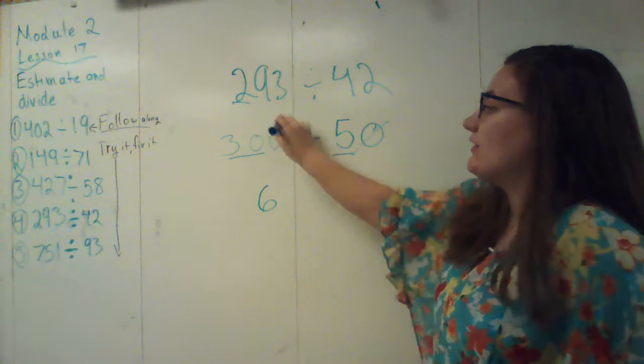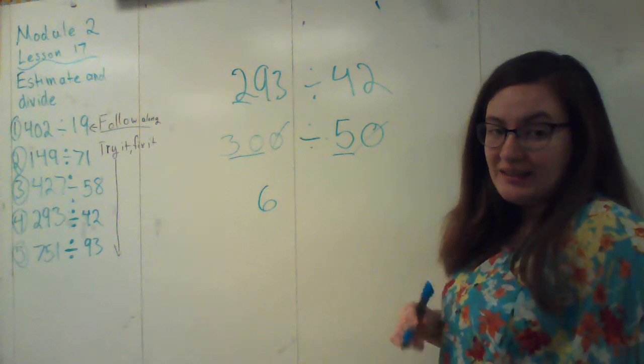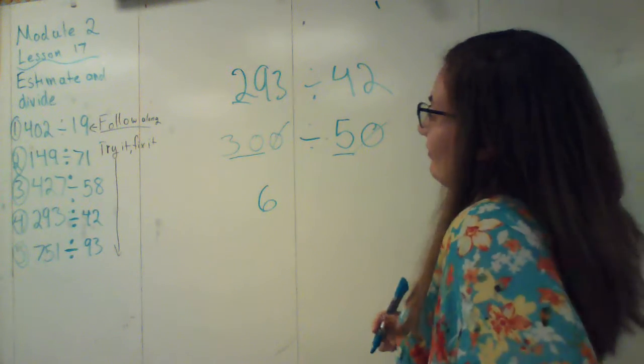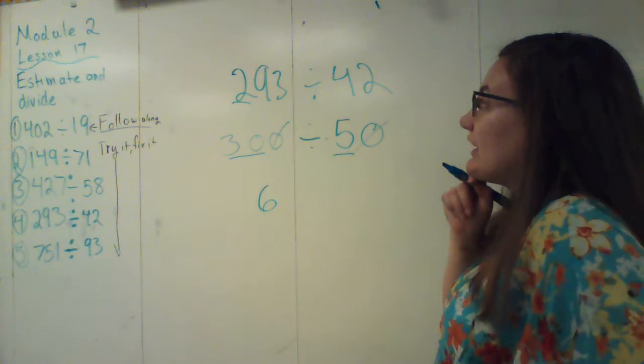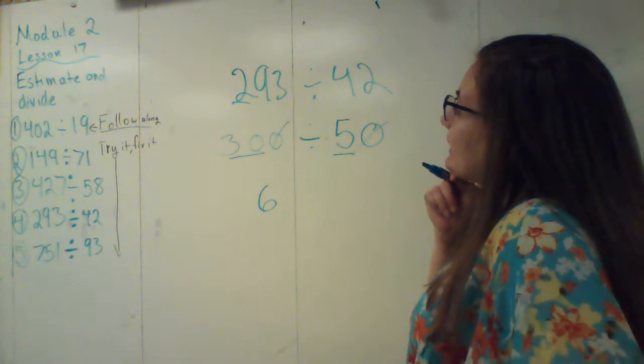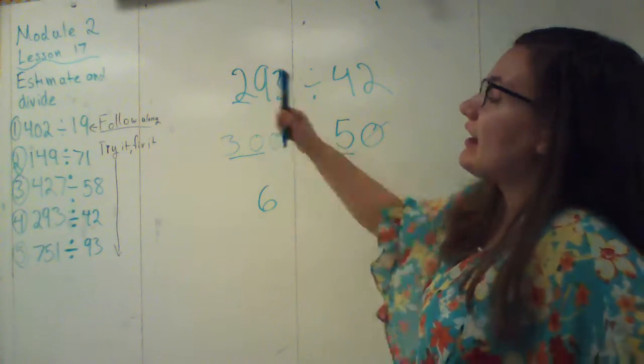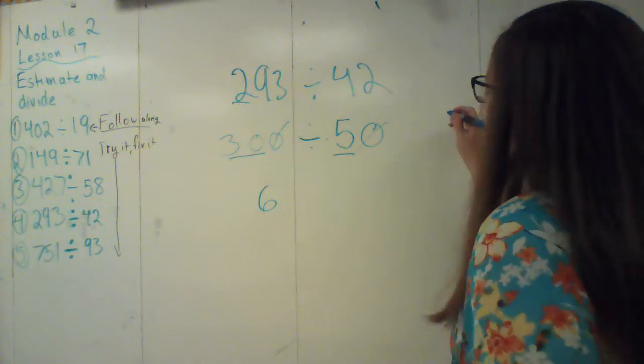And then I'll cancel out those zeros and I get my final estimate of 6. Now I can look at this and see if there's any other ways that I could round it. But I could round this down to 28. So I get